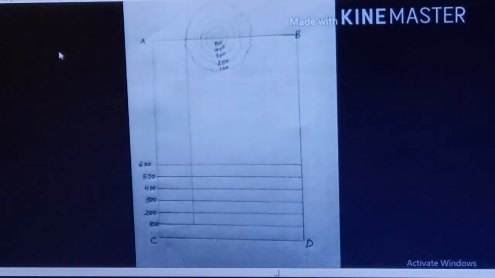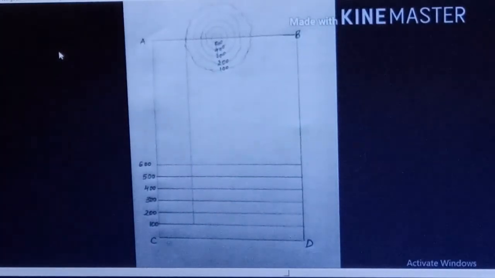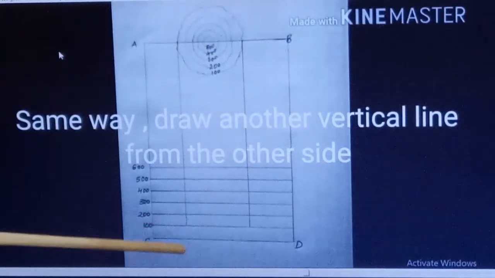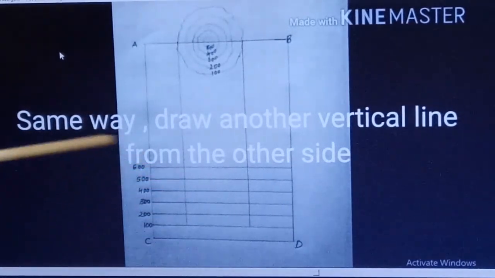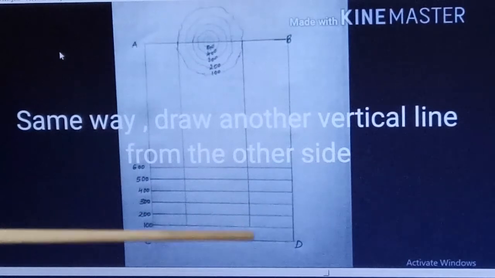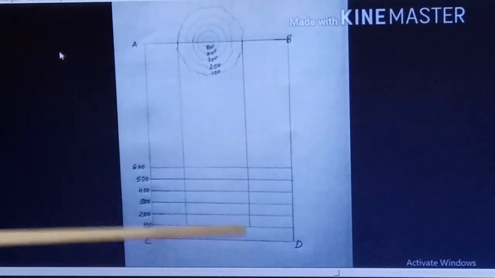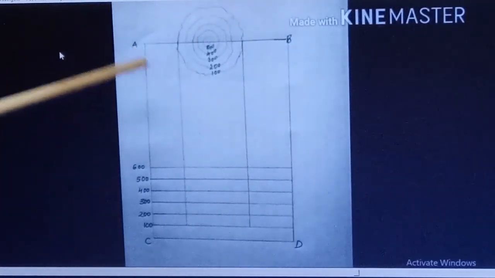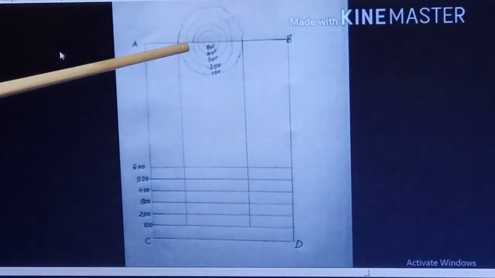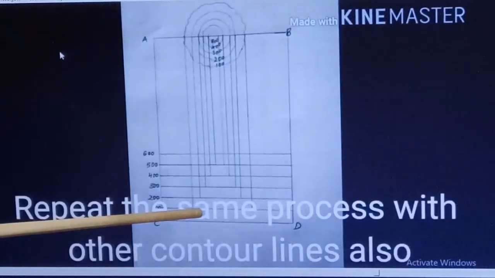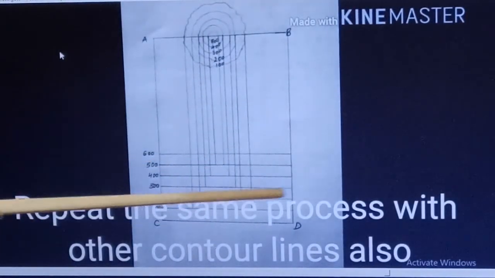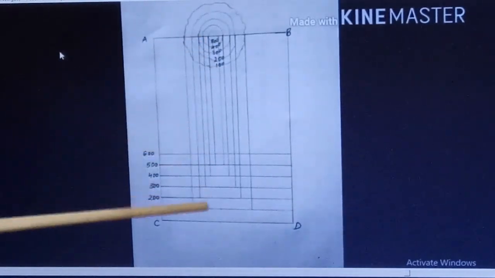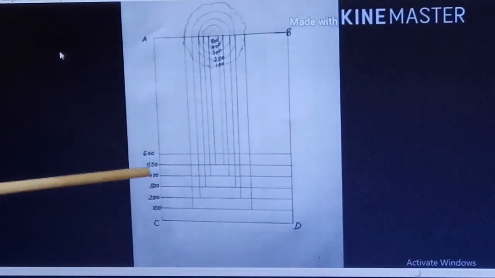Then I have put my scale on point A and I have drawn the line from point A till 100 meters here. Likewise, on the other side also it is drawn and touching the line 100 meters. Then we come to the next, that is 200. So we'll put our scale here and draw the line till 200 on both the sides, and we will continue doing it for all the contours and marking it on the values given.